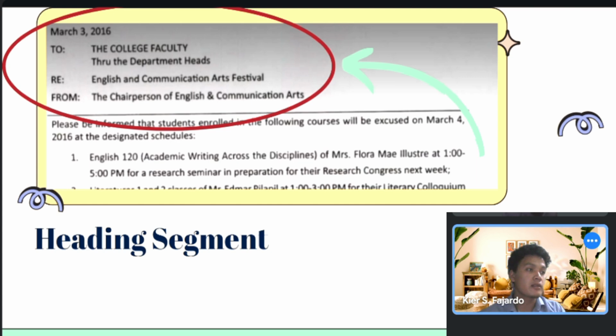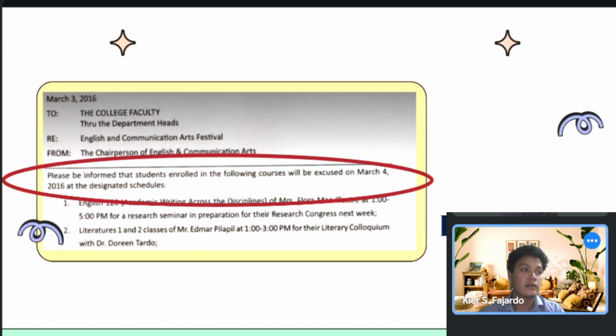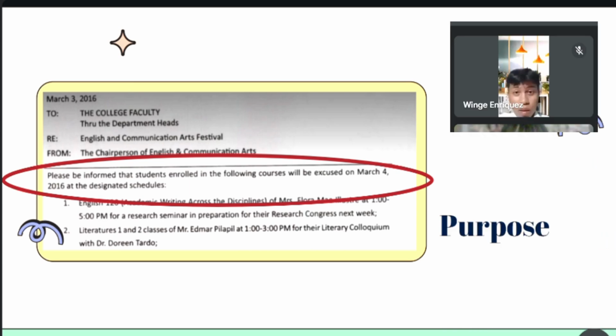So the next part would be the purpose part. Another part of the memorandum is purpose. In a memorandum, the purpose section clearly states the reason for the memo and the objective it aims to achieve.